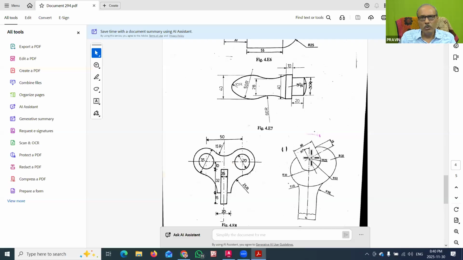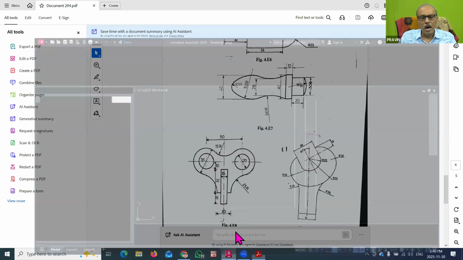Then next, at the top end, this is the center of this, where the distance from this edge to this edge is given as 40, and the angle of inclination of this line is 30 degrees. It means we have to draw one line which is at 30 degrees at this point. So that also we have to carry out. How this can be done, we will see here.